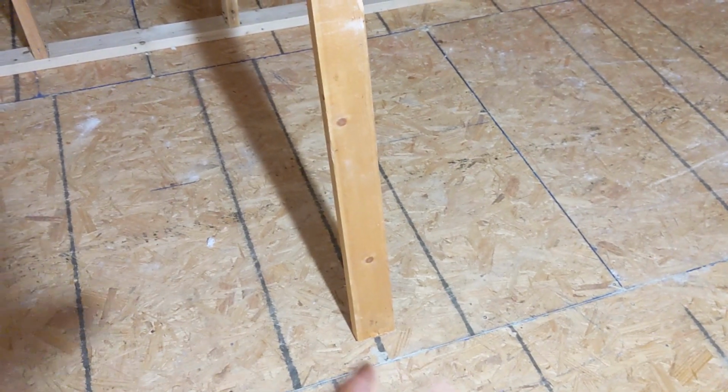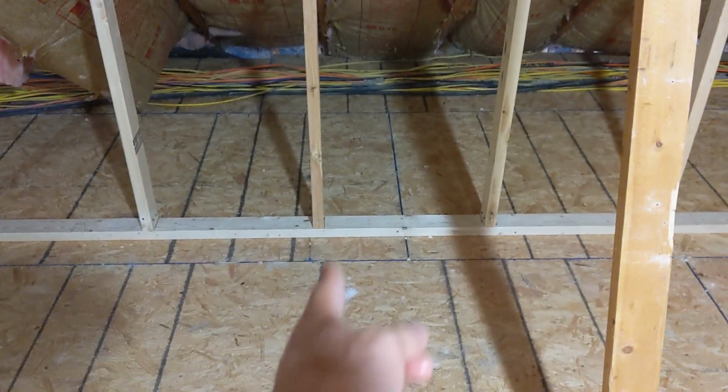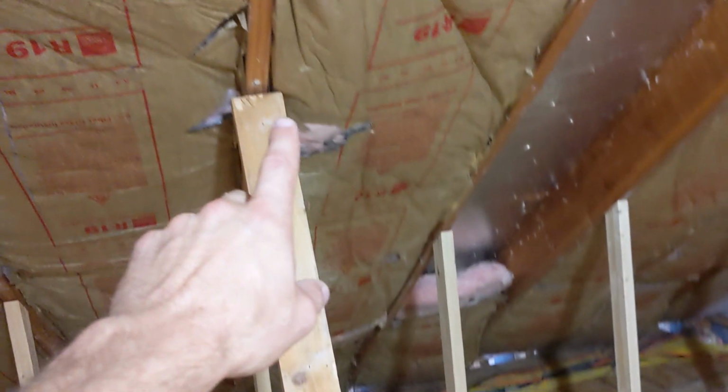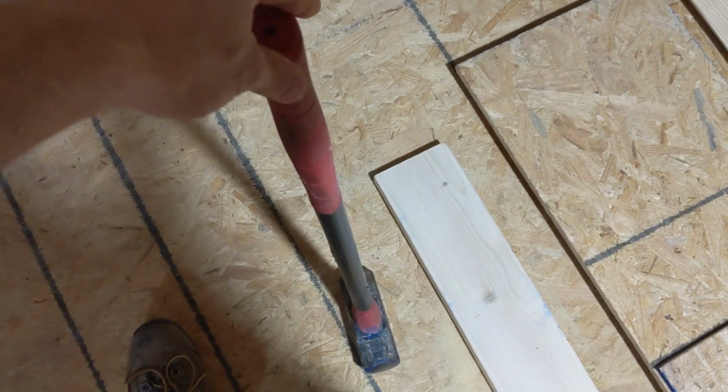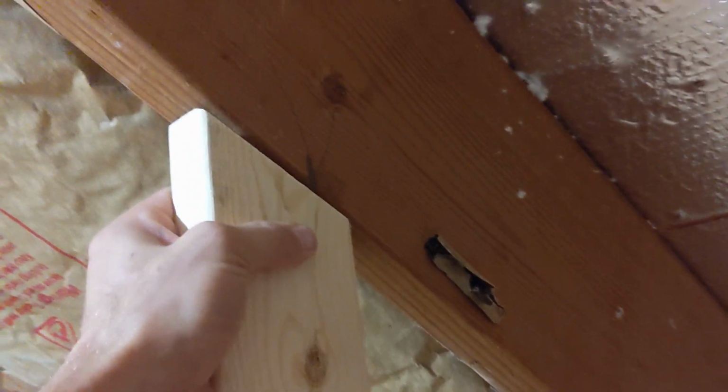joist, which is why we have everything 12-inch on center, as it all falls right above these, so you're putting pressure down on your joist underneath, and nailing or screwing a block into the ground and then hitting the top with a sledgehammer, and that will push the rafter up until you can align it with the side of the